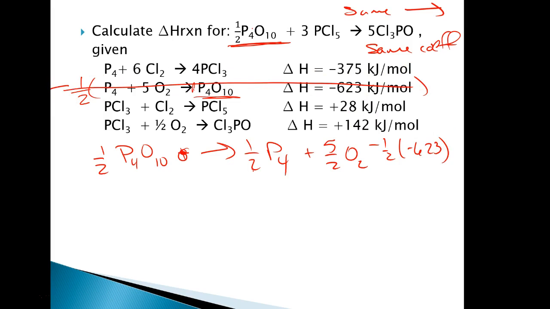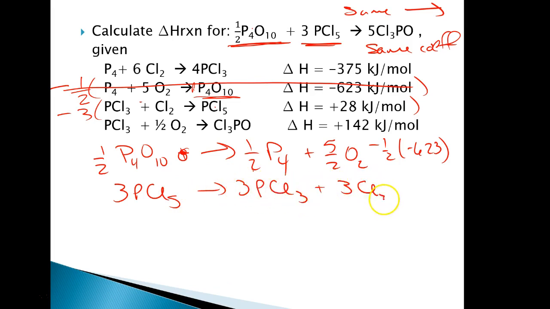Okay, now I'm going to look at my next reactant, PCl5. And I want to look carefully because I want to make sure it's on the same side and the same coefficients, and there's only one of them. So like, there's my PCl5. That's the only place I see it. I see a lot of PCl3s, but only that one. So what I want to do is make sure it has a coefficient of 3, and make sure it moves from the right side to the left, so I'm going to multiply by -3. I get 3 PCl5 goes to 3 PCl3 plus 3 Cl2, and it's -3 times 28,